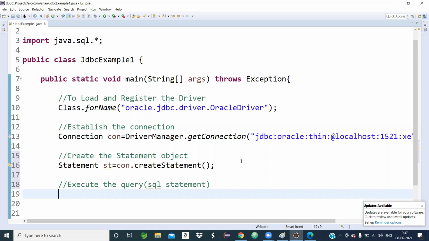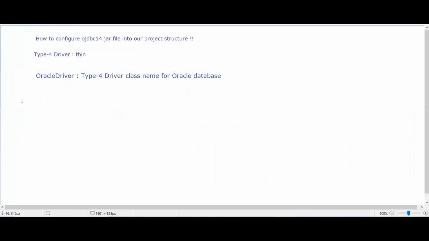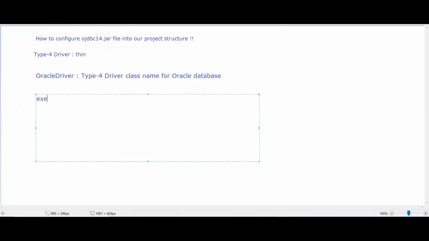Already I have told there are 3 methods. One is execute query method, one is execute update method, and one is execute method. There are 3 execute methods. So in which scenario, which method will we use?